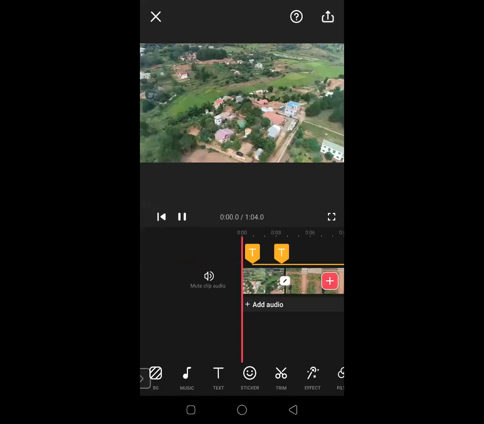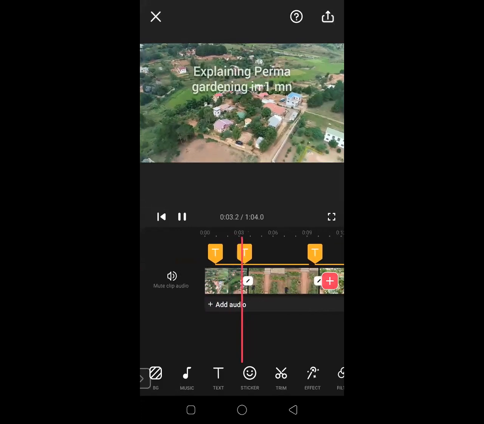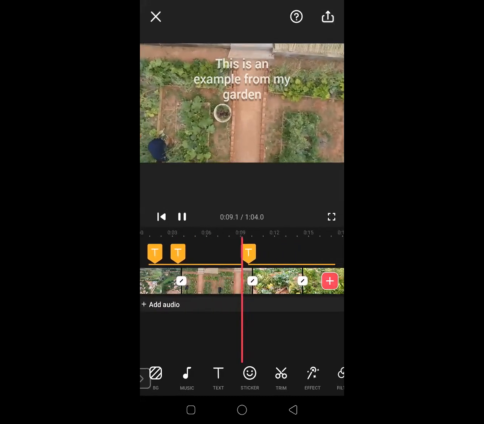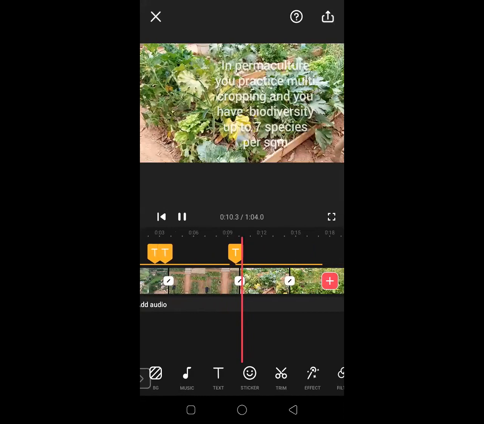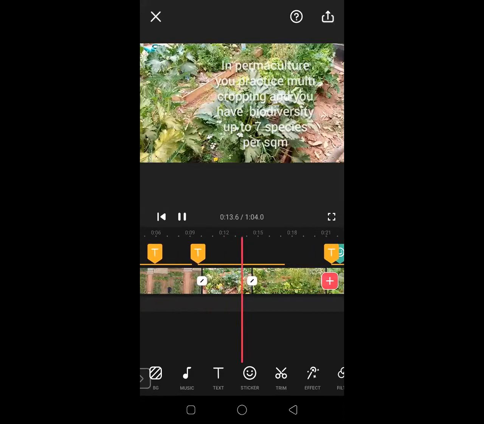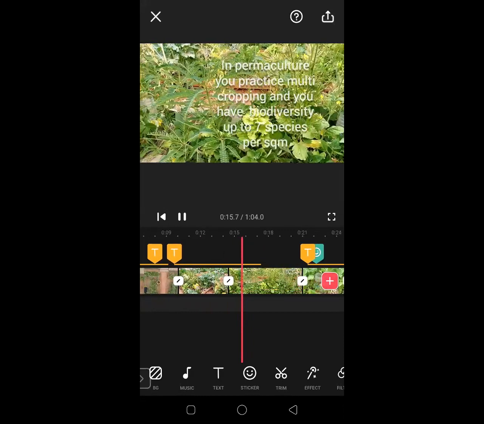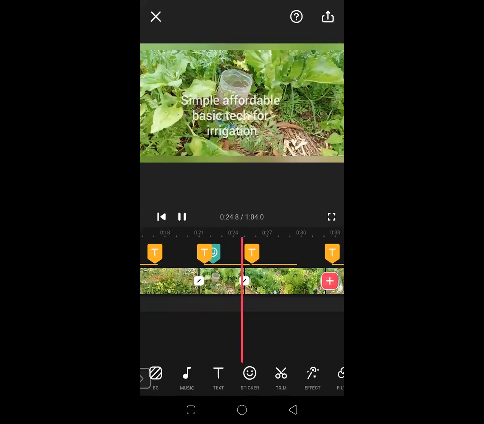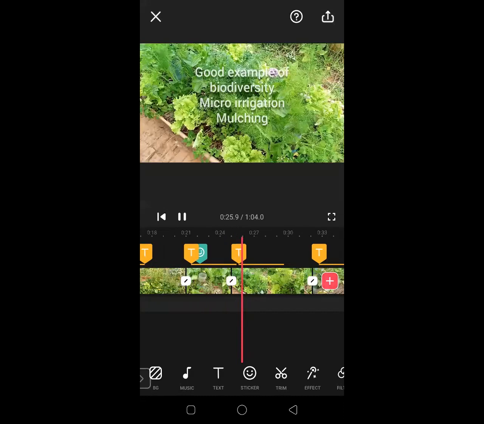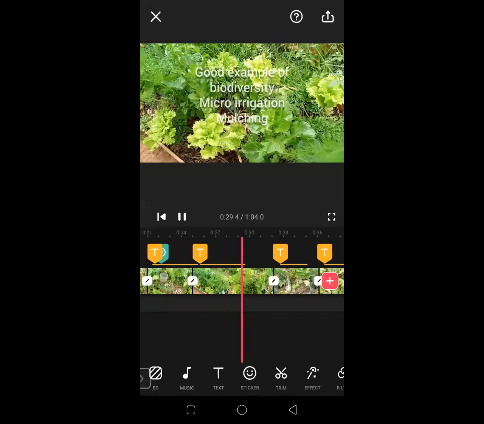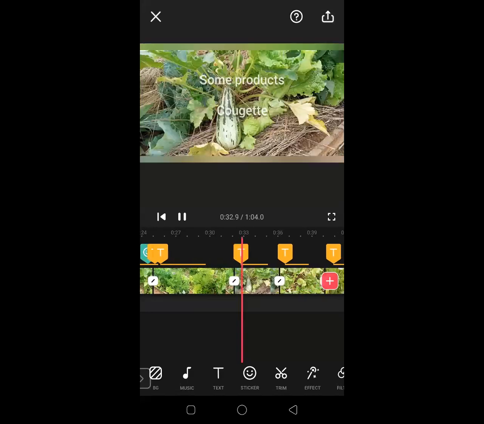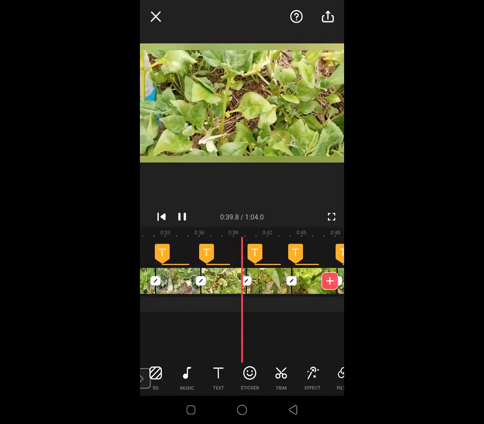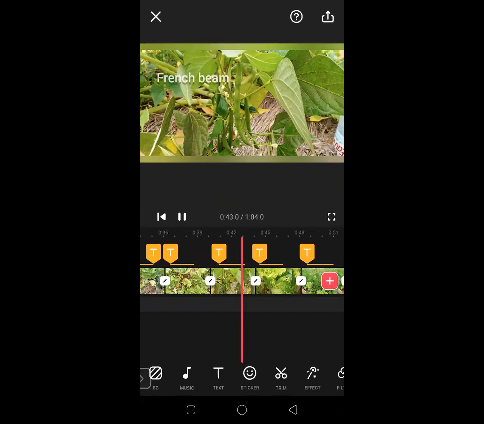So how does it start? Okay, explaining permaculture garden. This is an example from my garden. You see, we are just reviewing permaculture, and you have biodiversity per square meter. This was done in a rush, so there might be many details that we haven't been able to show here. But it's just an example for us, showing that we can order videos and photos, put some comments,